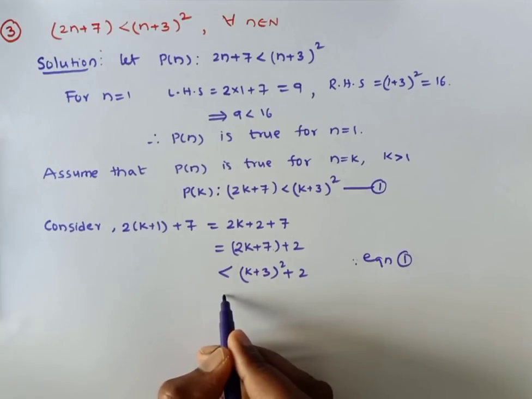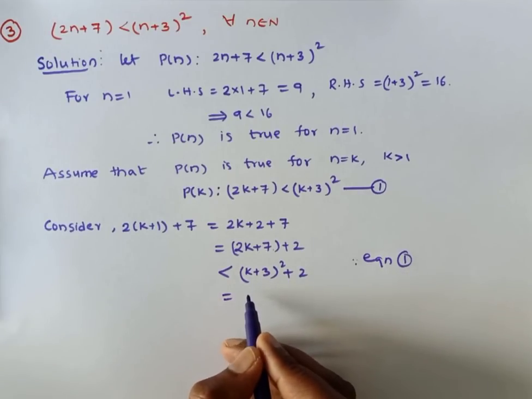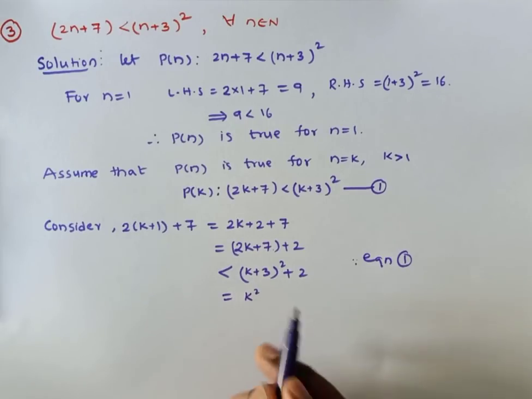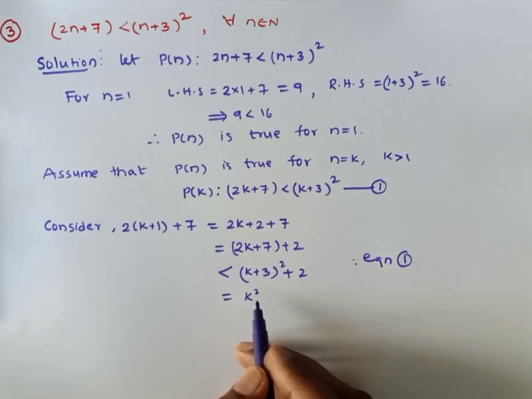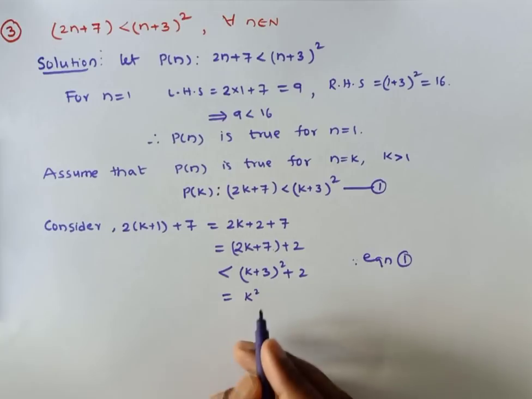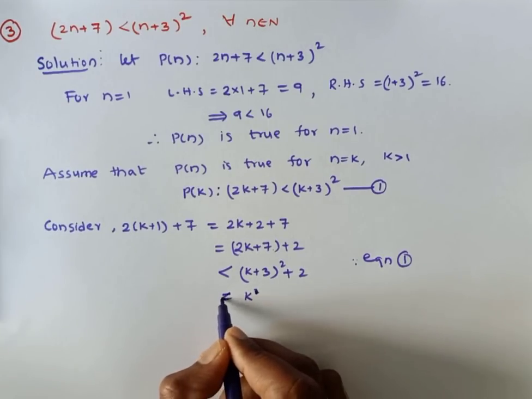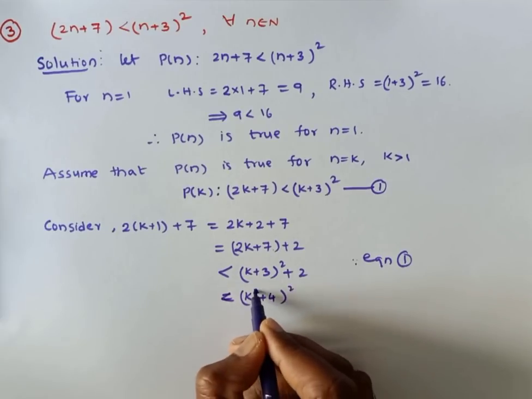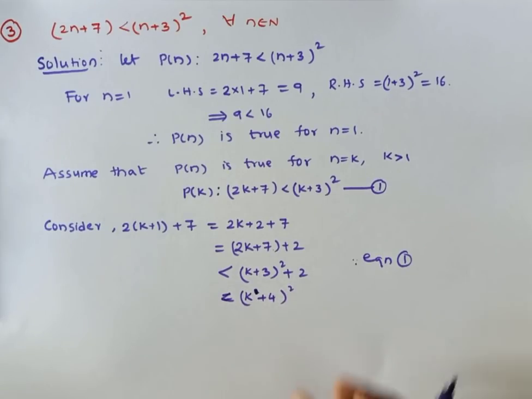Okay, now simplify this. So this is k square, or so directly you can write, no problem, k plus 3 whole square plus 2 is there. Now see what we need, k plus 4 whole square, right? So simply you can write this as, and this part is less than k plus 4 whole square directly. Can I write like this? So this value is again less than k plus 4 whole square I am writing. If possible, you can check with any value of k.